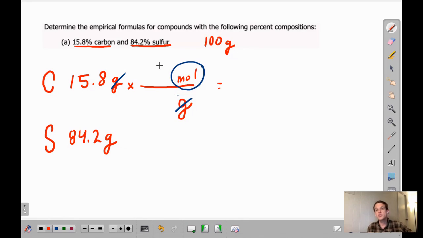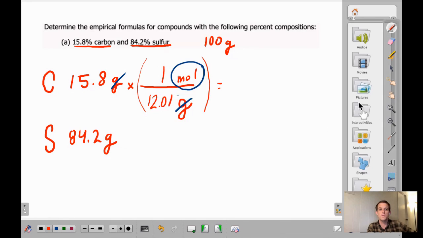If you're still having trouble with dimensional analysis, here's a tip you might have missed. Whatever we're multiplying by when we're trying to convert has to equal 1. That's the identity property. We can't just multiply by anything, because then it'll become a new number. But if we multiply by 1, we'll be good. Since we know that in 1 mole there is 12.01 grams of carbon, based on our periodic table,